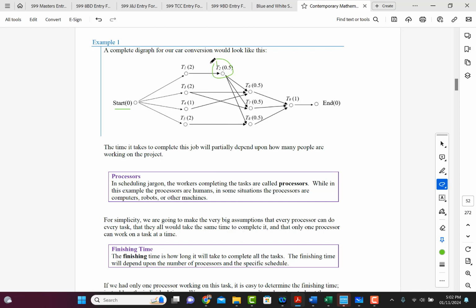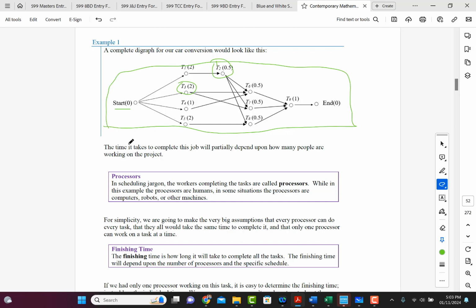And then once task 3 and 2 can be done. So again, task 3 has to be done before task 6 and 7 can be done, right? But task 2 also needs to be done before tasks 6, 7, and 8 can be done. So there's a connection here. So this digraph allows us to figure out how long and in what order we have to